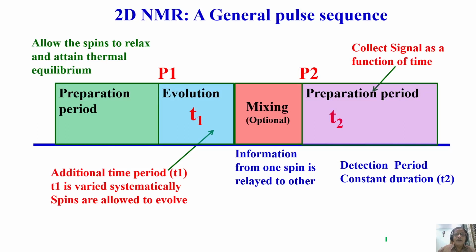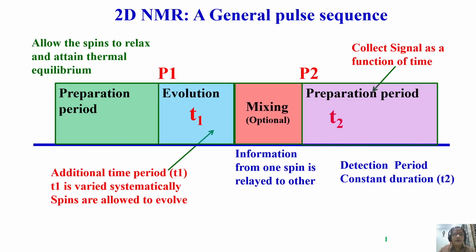In the 1D NMR, you get the chemical shift information on the x-axis and the intensity on the y-axis. Of course, we are not very much worried about the intensity at the moment. We are worried only about time periods to discuss the dimensionality. So, one-dimensional NMR is simply, remember, because of one time period, and you do single Fourier transformation, you get a single frequency domain spectrum.